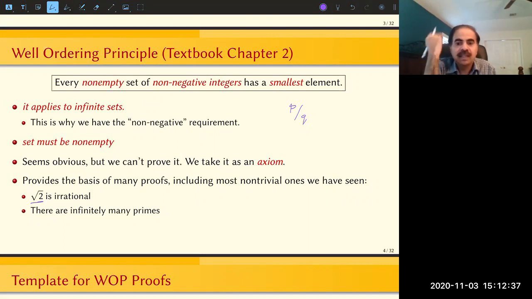And then we say it the other way, by saying that they don't have a common divisor. Okay. Similarly, when we said there are infinitely many primes, once again we relied on this well-ordering principle somehow, but we didn't specifically point it out,